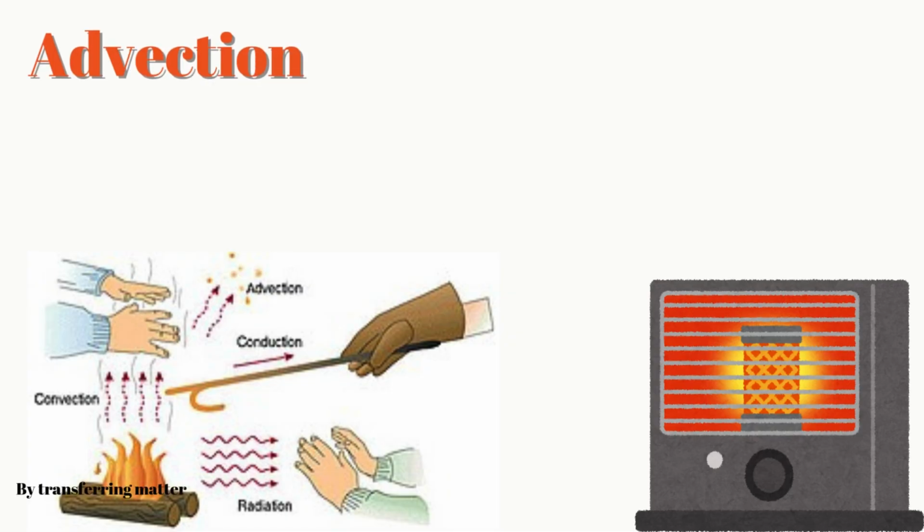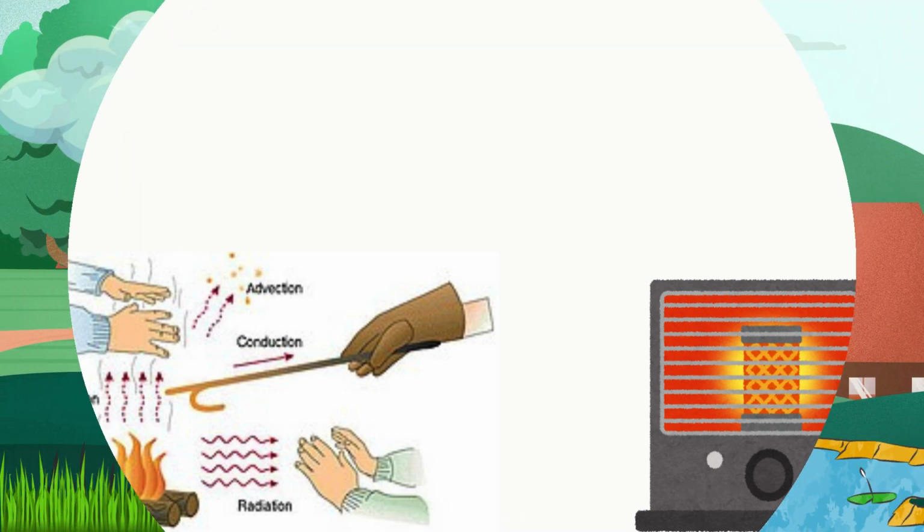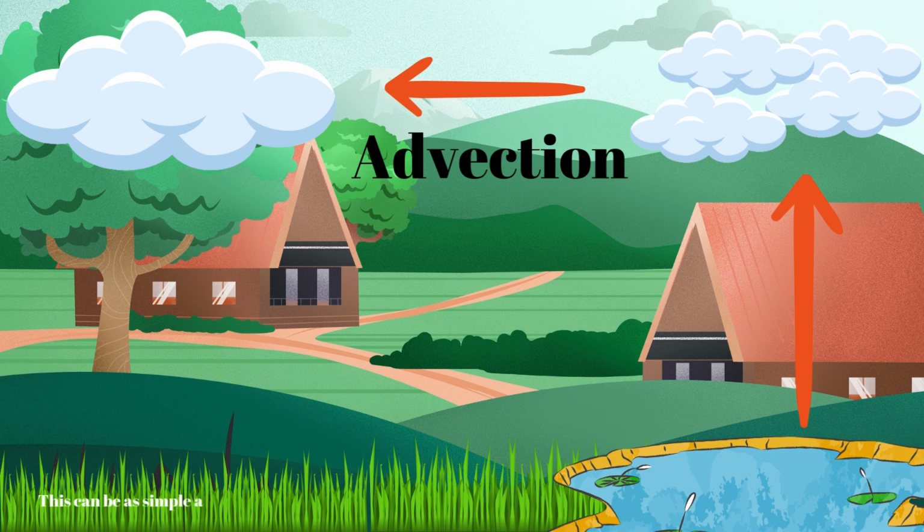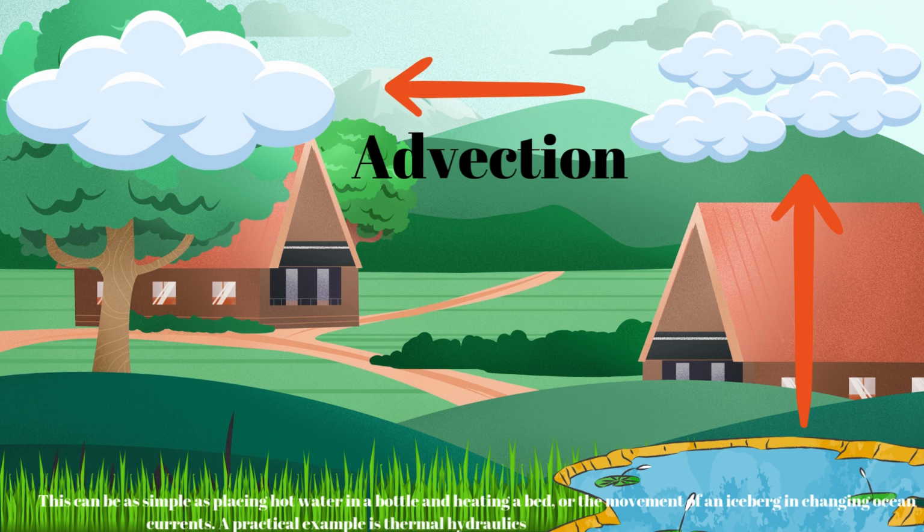By transferring matter, energy including thermal energy is moved by the physical transfer of a hot or cold object from one place to another. This can be as simple as placing hot water in a bottle and heating a bed, or the movement of an iceberg in changing ocean currents. A practical example is thermal hydraulics. This can be described by the formula